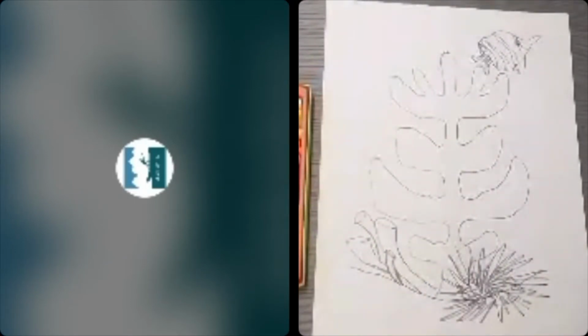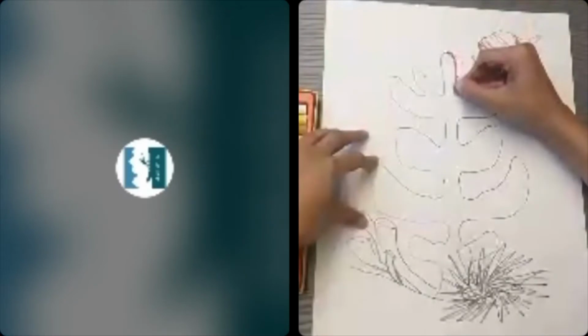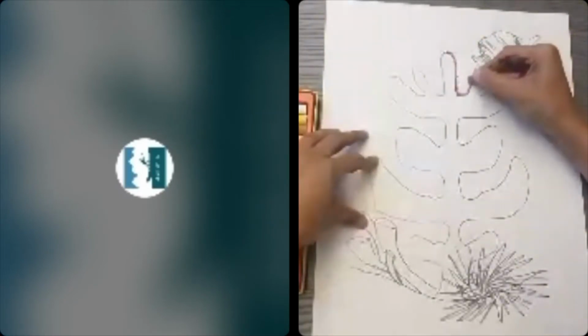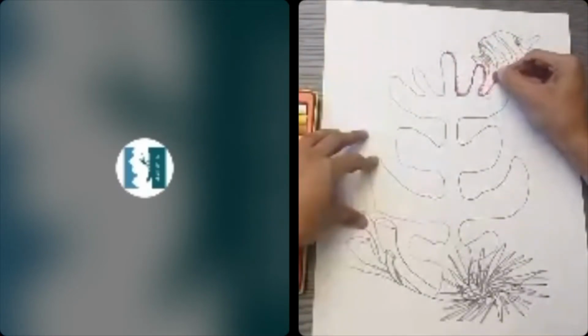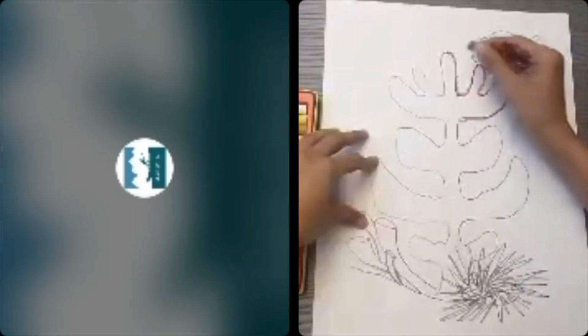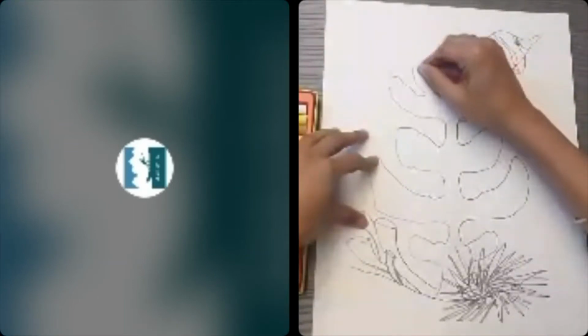Black we'll avoid as well. And white we won't see on the white paper. So any other color is good. All right. I'm going to go in with a purplish pink. And once you've picked your color, please trace out the entire shape. So for this, you don't have to use two hands. You can go ahead with just one.